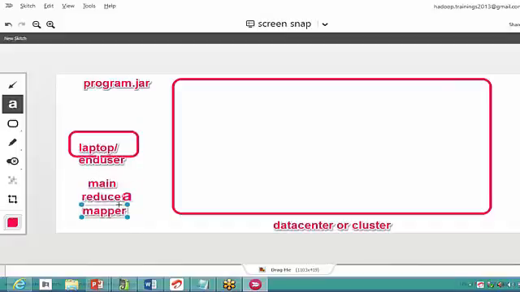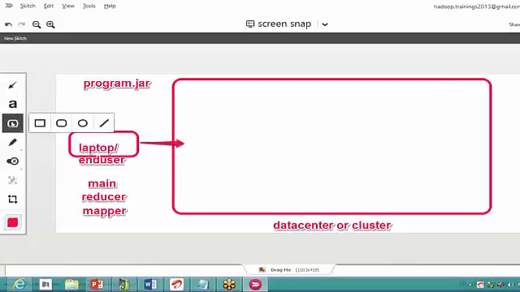These are the three classes or three programs that I will write independently, and I will club all these into a single jar file, and that jar file is my program.jar file. Now I will give this program.jar file as an input to my job tracker, because the job tracker is the guy who is